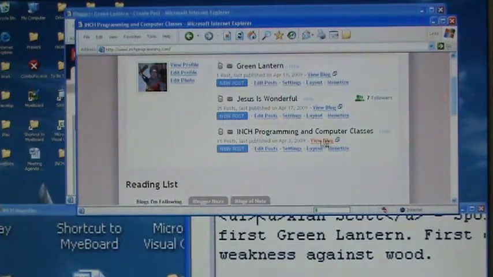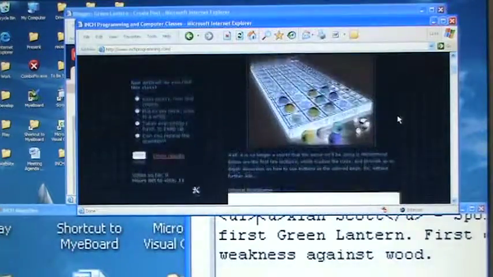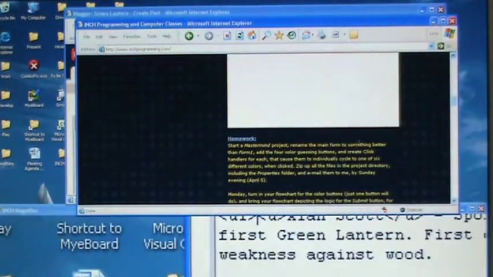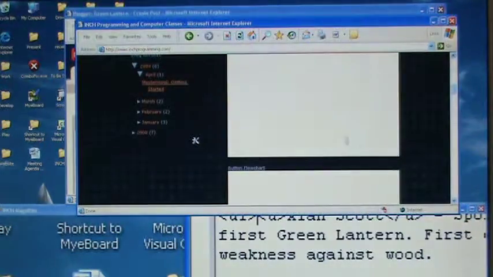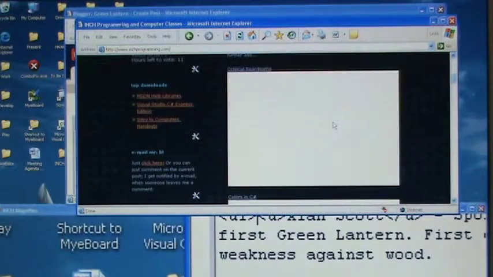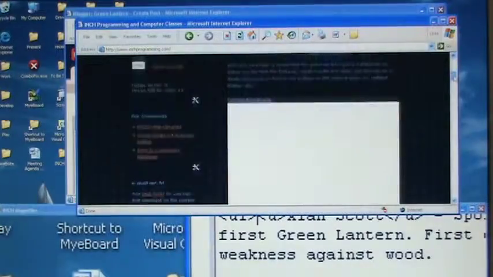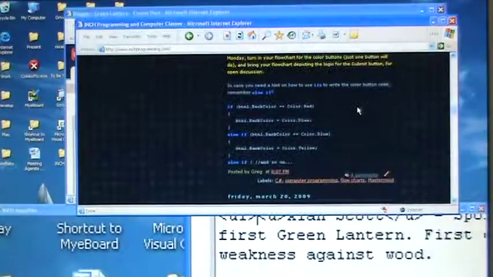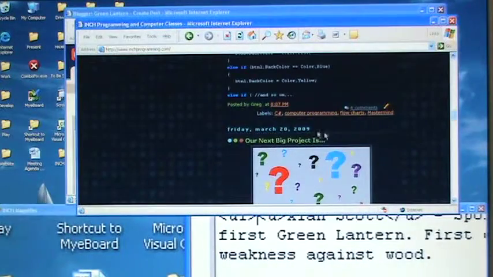This is for the computer class that I'm teaching. By the way, these are all YouTube videos that you can actually add to your blog. For some reason, they're not loading right now. Must have a slow connection. Anyway, see here at the end of my post, it says labels,